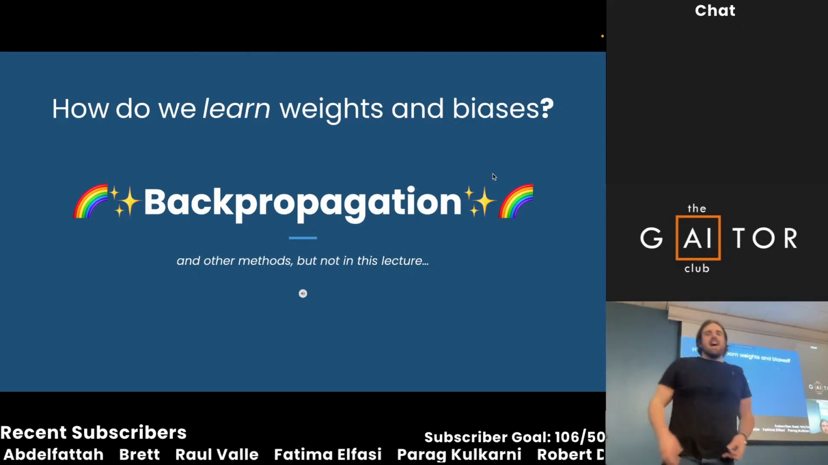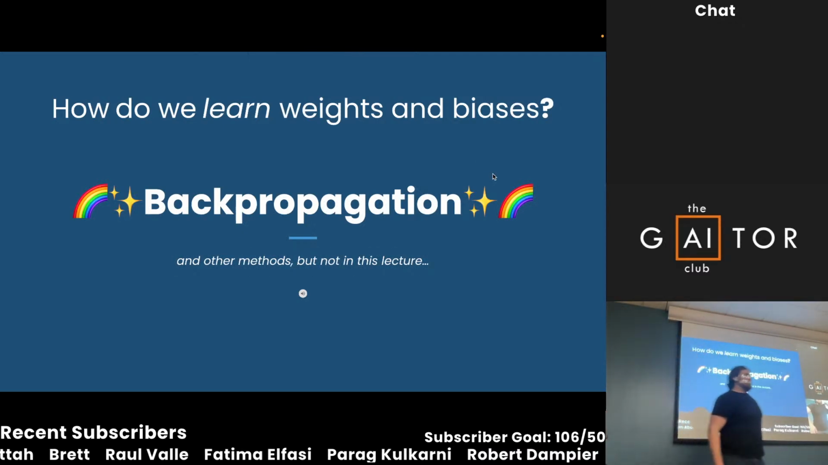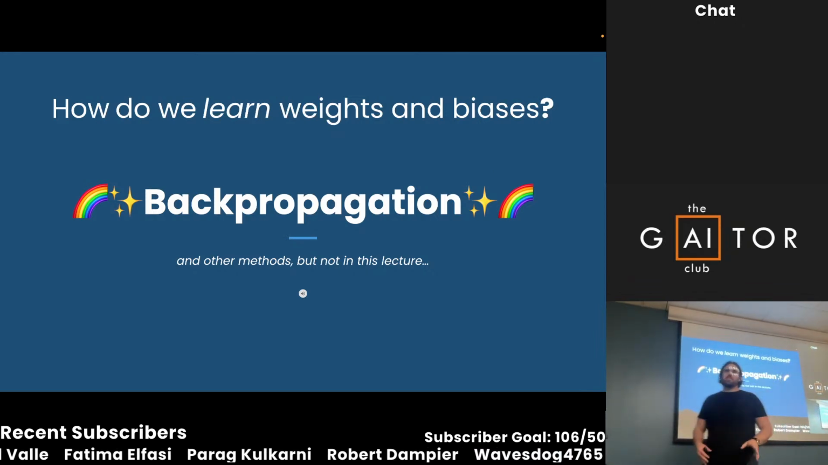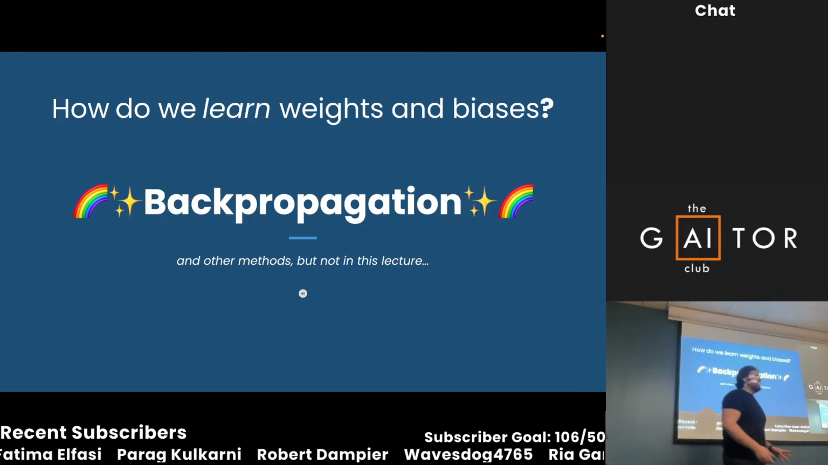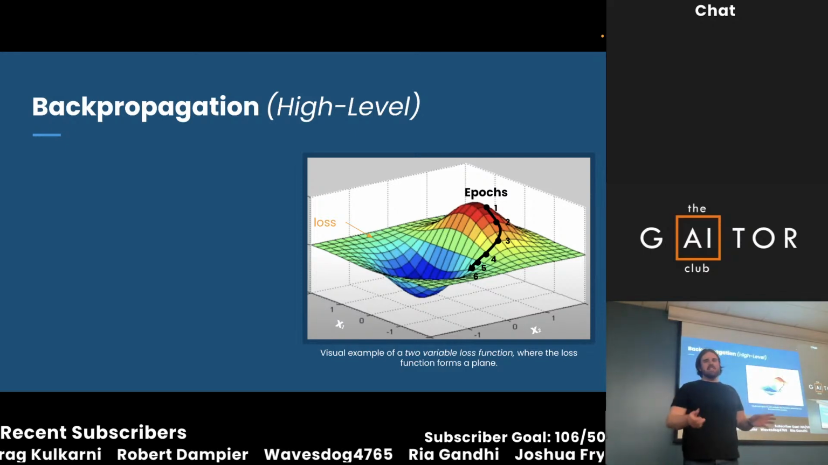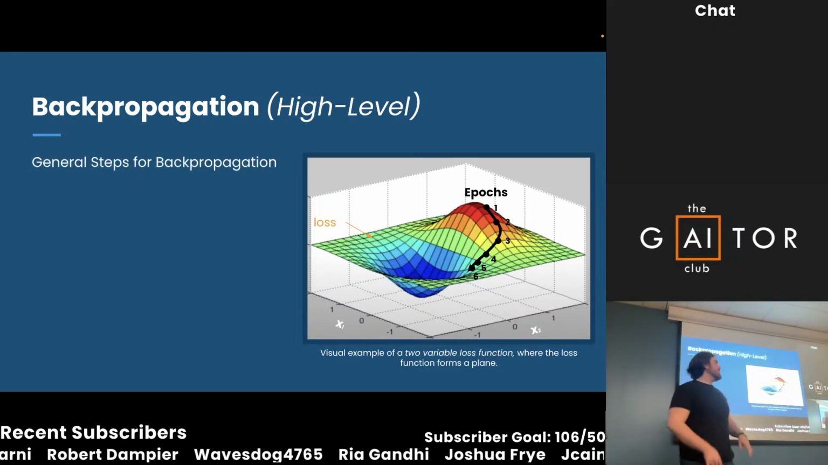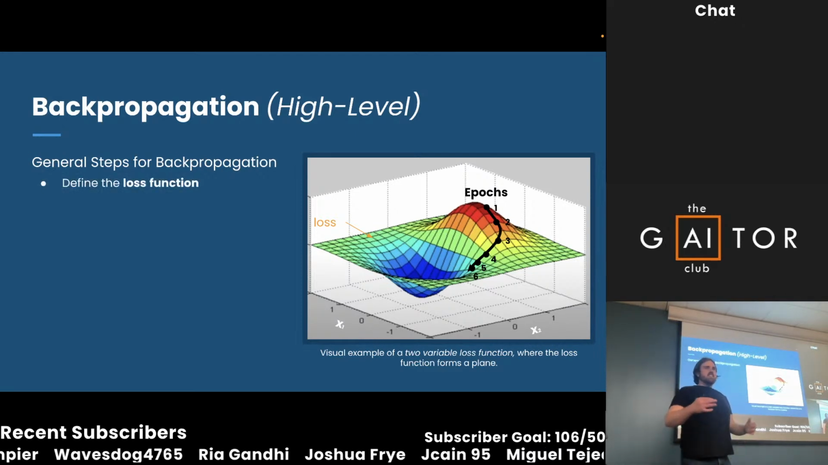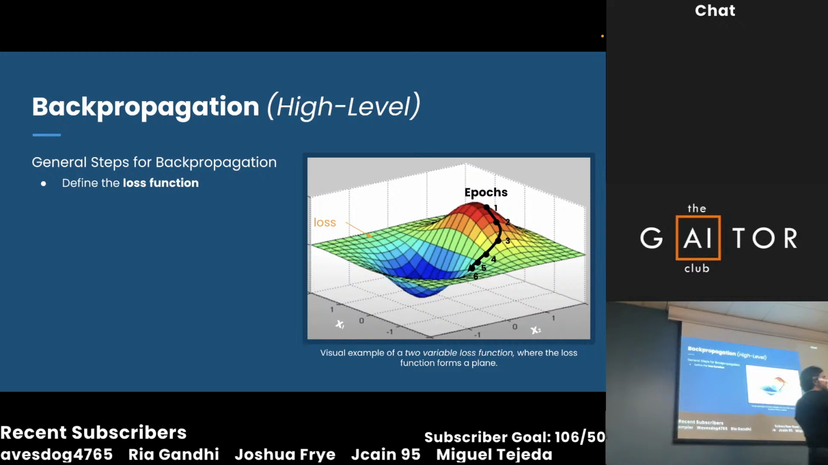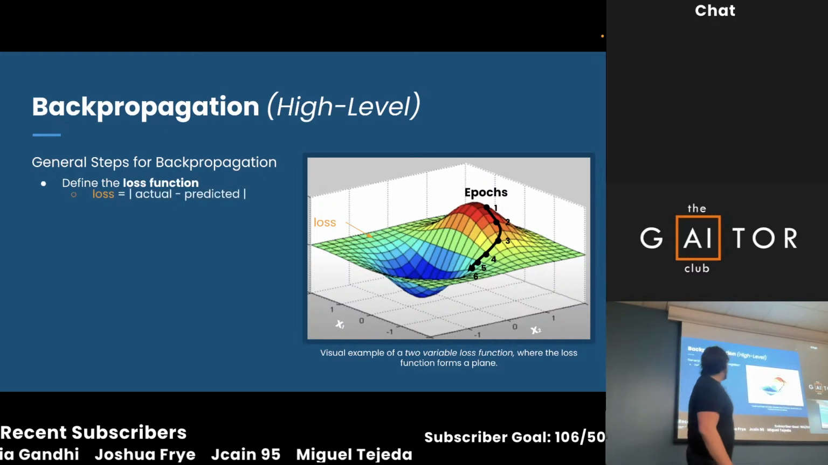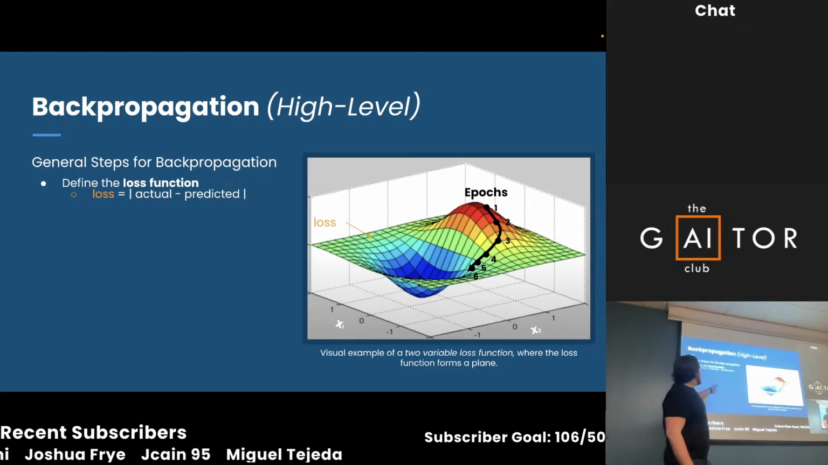So how do we learn these weights and biases? Something called backpropagation. There's many different types of backpropagation. There's gradient descent, that's the most common. At a very high level, if each dot is one of these epochs, you'd define some loss function, which is like your batch, and it's the actual minus the predicted. Loss is equal to the actual minus the predicted, and keep in mind that the predicted is a function, so